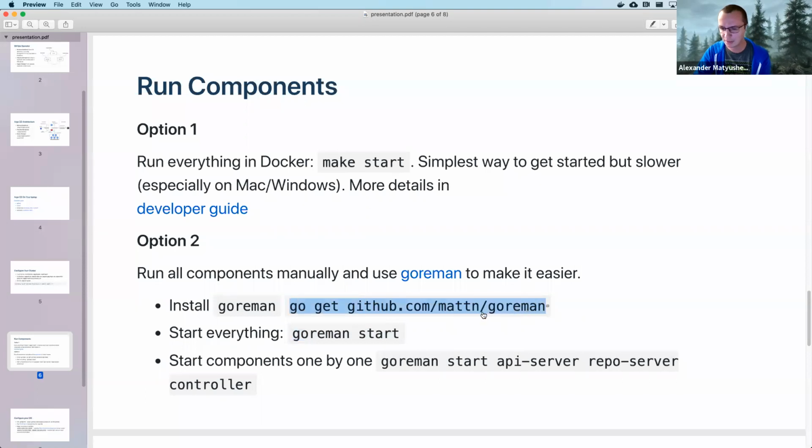I'm not sure if any of you worked with Ruby. I think they started it first. They created a tool called Foreman, and then Node.js added Nodeman, and then Go created Goreman. So it's a simple tool to run multiple processes and tail logs from all of them. I already installed the tool, and what the tool does, it simply